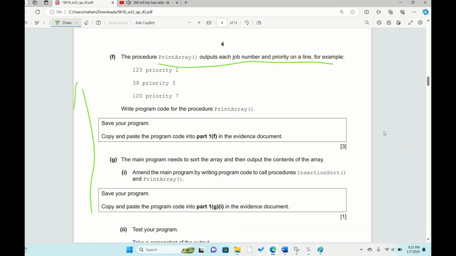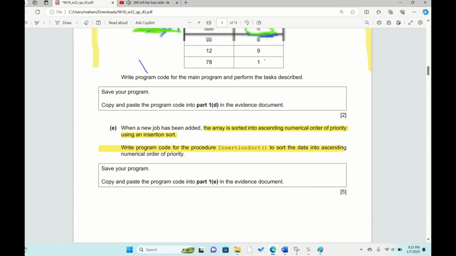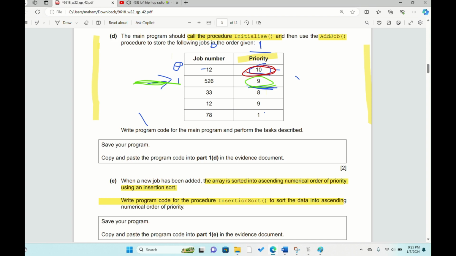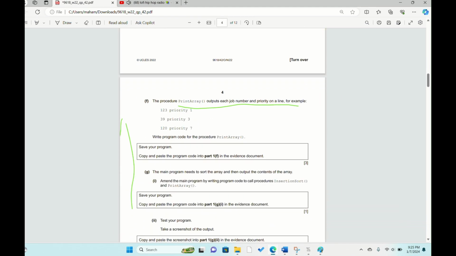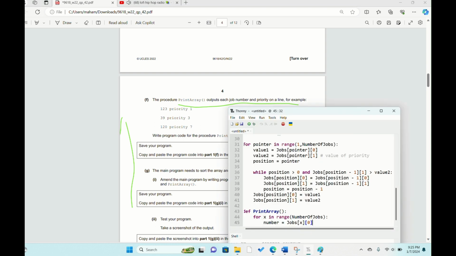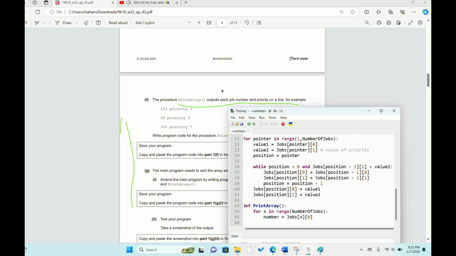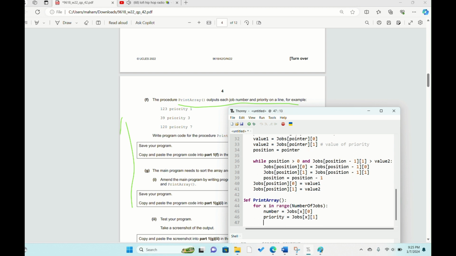Okay, 0 and 1, 0 and 1. So 0, and then priority equals jobs x and 1. So yeah,